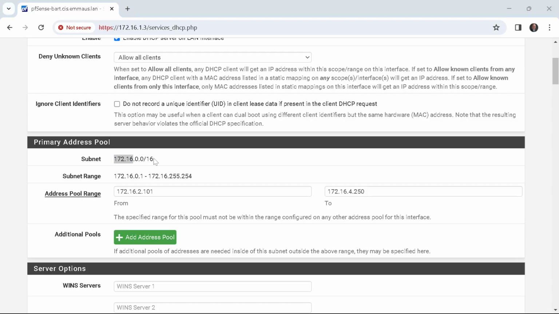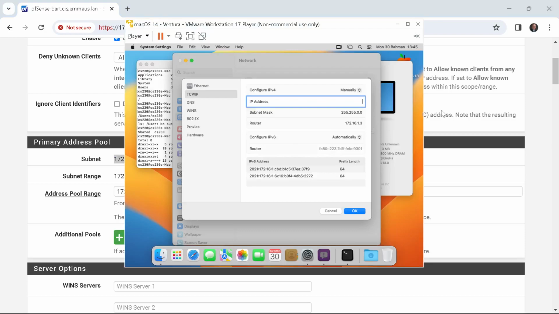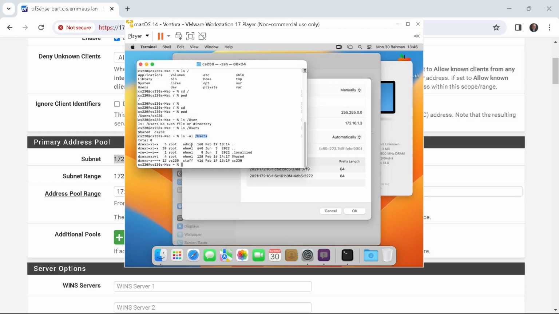So how do I know? I'll go back to my Mac. How do I know what to put here? If I want to do 172.16.5.1, how do I know whether there might be someone else already on that address? Ping. Yeah. So I just go over here. Very good. That was quick of you. I just do a ping 172.16.5.1,